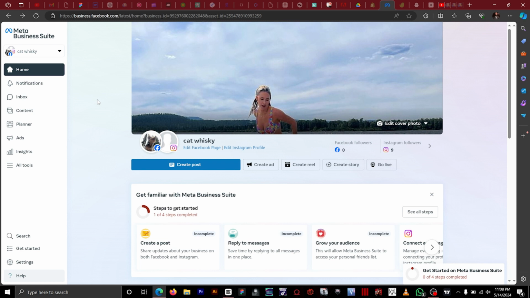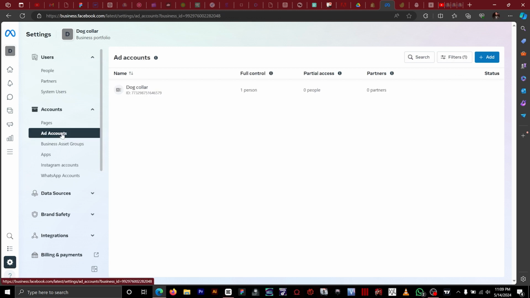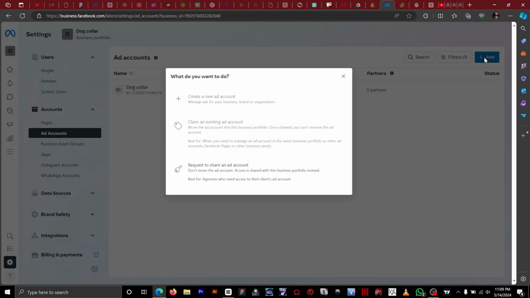you're gonna have to scroll down to settings. Okay, as you go down to settings, the next thing you need to do is click on add account. All right, so this is our ad account presently. So if you want to get access to your client's ad account, you want to request for the ad account so you can work on it, from whatever you are, you go to add right here, click on add, and